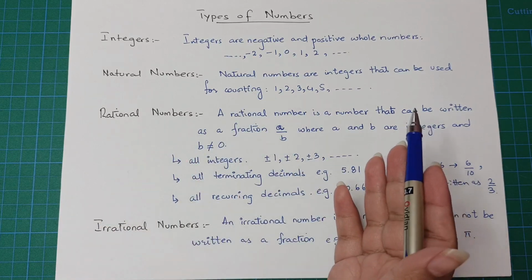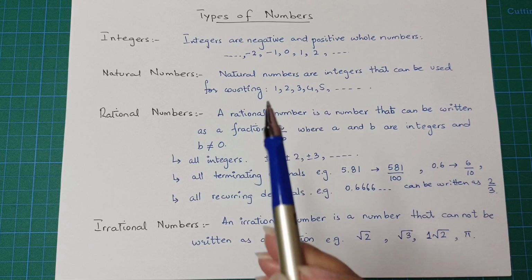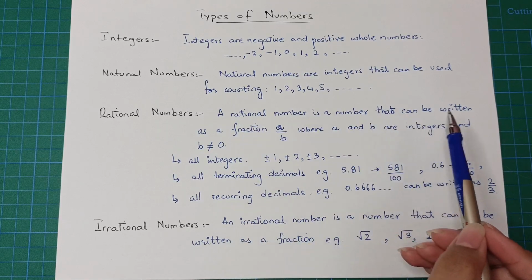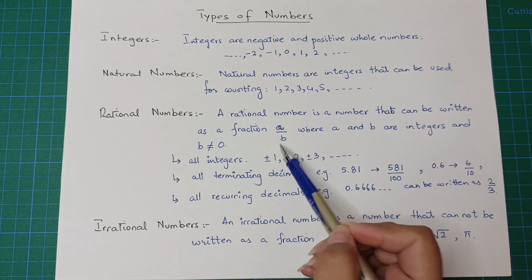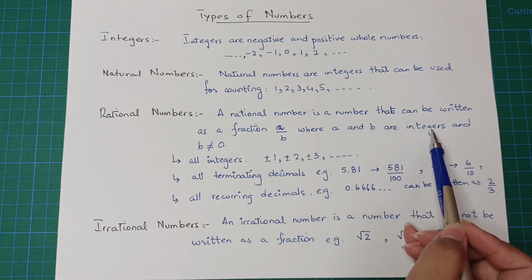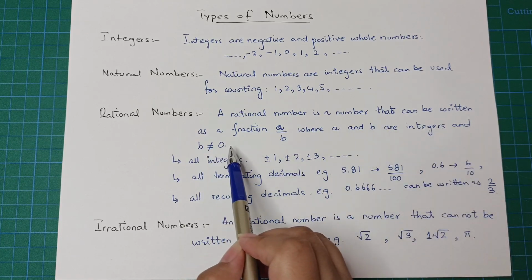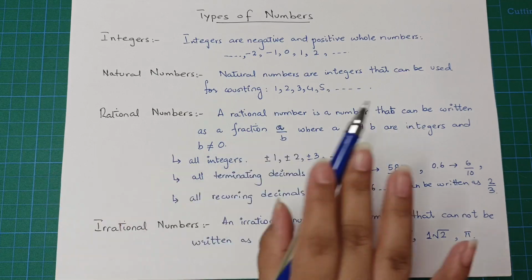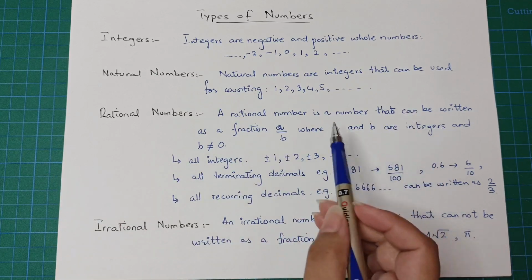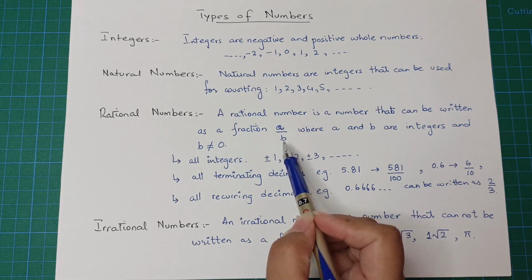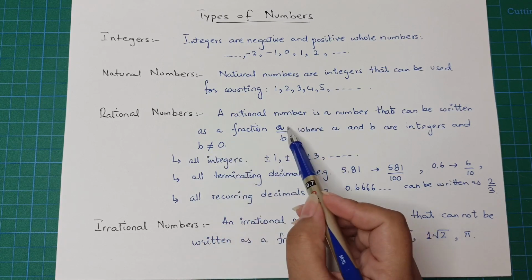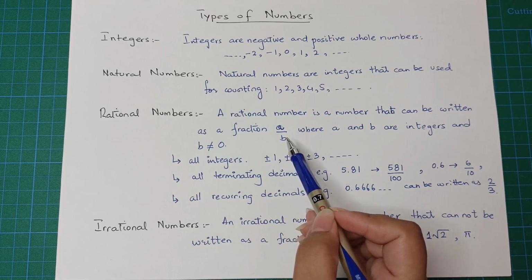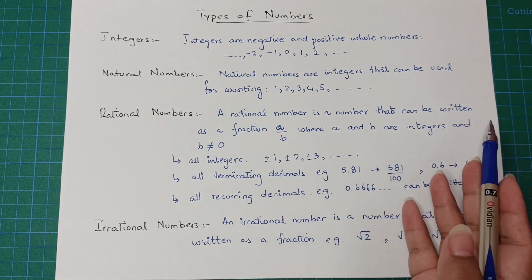Now what are rational numbers? Let's have a look. A rational number is a number that can be written as a fraction, in the form of a upon b, where a and b are integers and b is not equal to 0. You have also studied fractions and you know that the denominator can never be 0, because 0 has no value, and when you divide a number by 0, it cannot give you any answer,